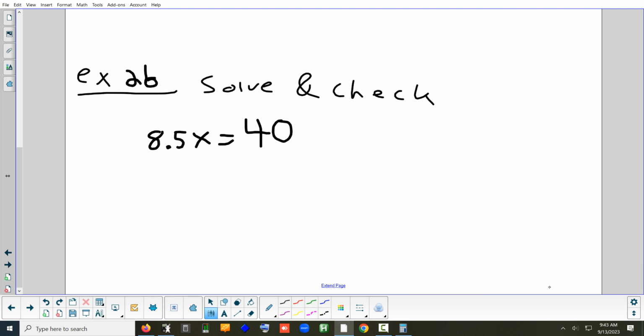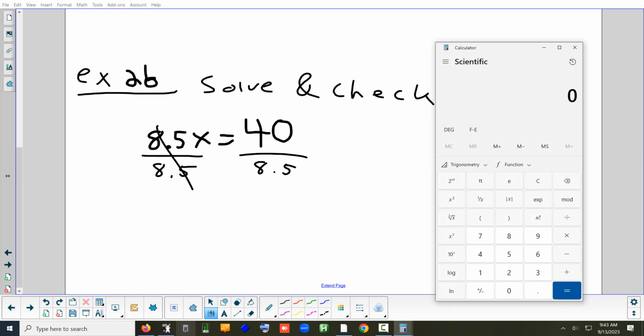So what operation are we going to use to solve this one? Division. Yep, we're going to divide. And we're going to divide each side by 8.5. That's how it cancels out. Because what's 8.5 divided by 8.5? 1, not 0. So it cancels out because we get 1. And then 40 divided by 8.5 is 4.70, repeating. Is it exactly 4.7 and then it just keeps going 0 forever? No, it's